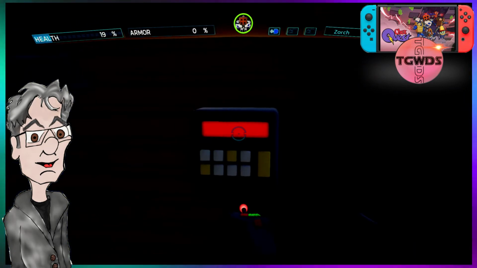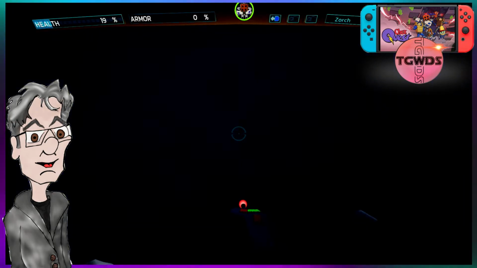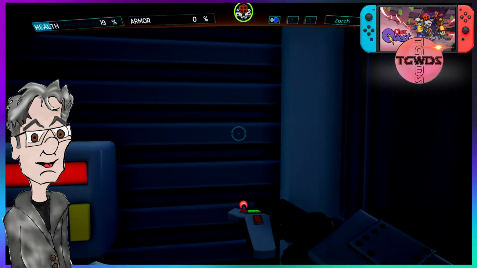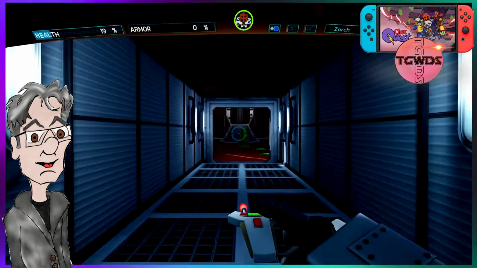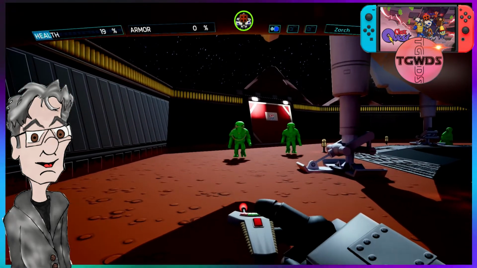There is a door back here. Oh, red access. I will tell you, I'm getting a little distracted by how dark this is. But, so, graphically speaking, and here's where we get down into the...